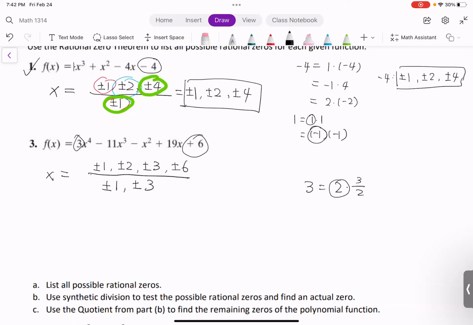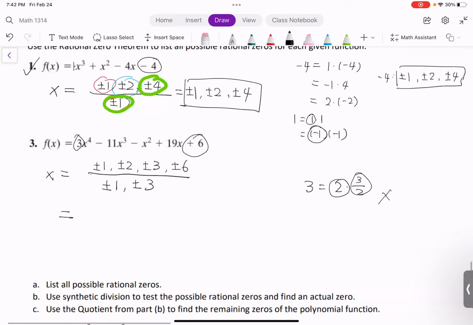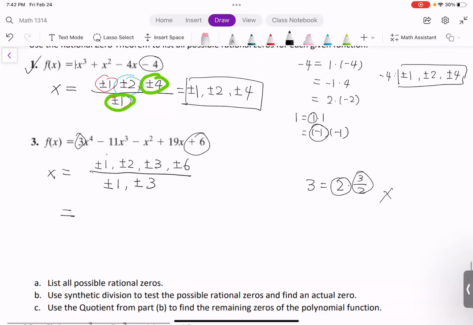You cannot say that 3 equals 2 times 3 halves, so 2 is a factor. We do not say this. We only find the integers. The factors are integers. Okay, let's move on to see what the ratio is. So I can use all of this divided by